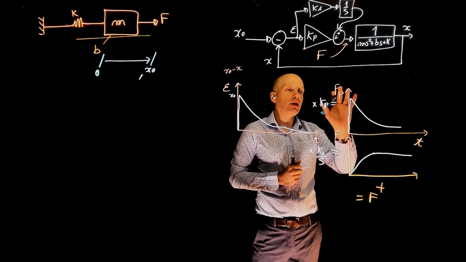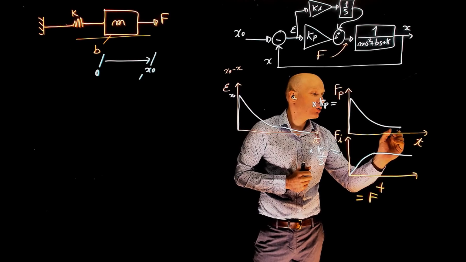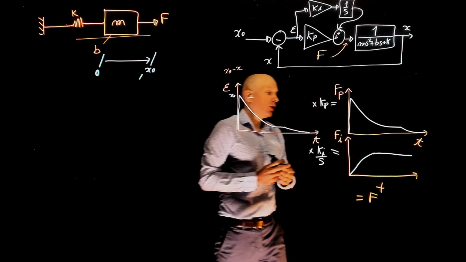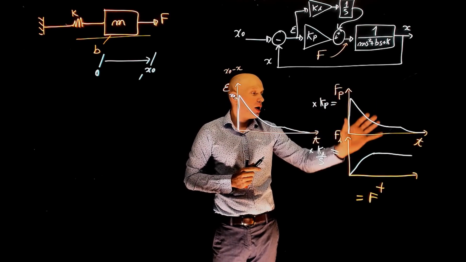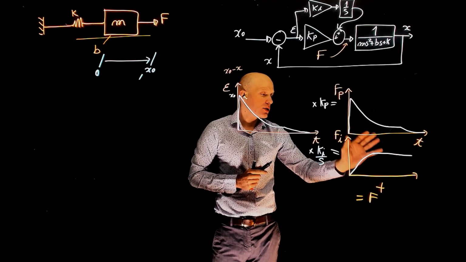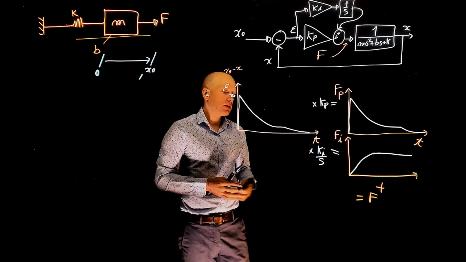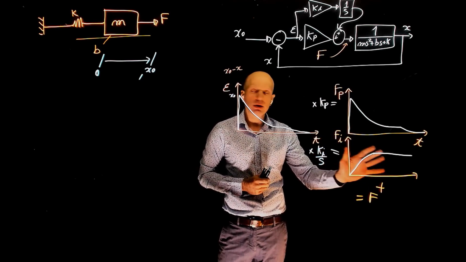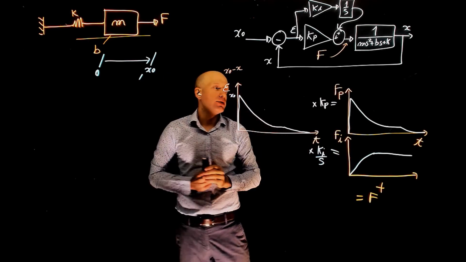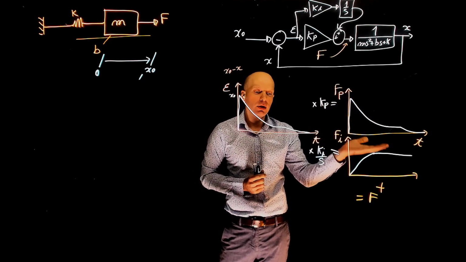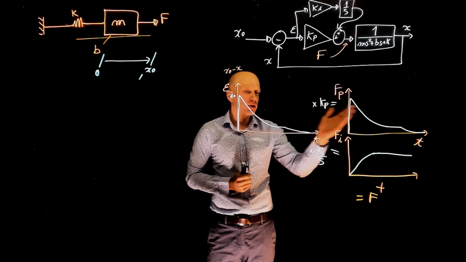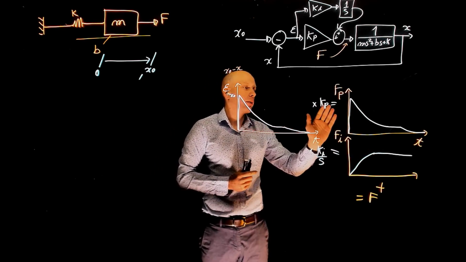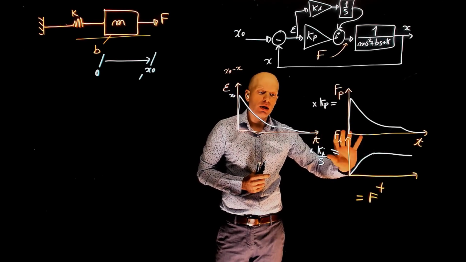What happens to the proportional force? It goes to 0. The proportional force goes to 0, but now the integral force is constant. So in a steady state, the integral part holds the mass at x0, and the proportional part doesn't do anything. It did its job in the beginning to accelerate the mass, and now the integral part is holding the mass